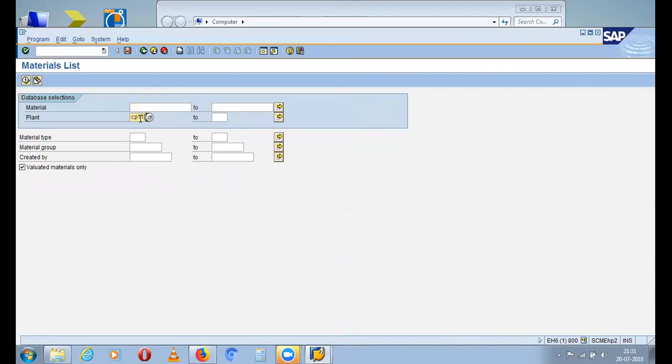Yeah, give CP11 there. Okay, ma'am. Execute. If you press enter, it doesn't work. You need to click on this execute button, the one which is like a clock. This one.